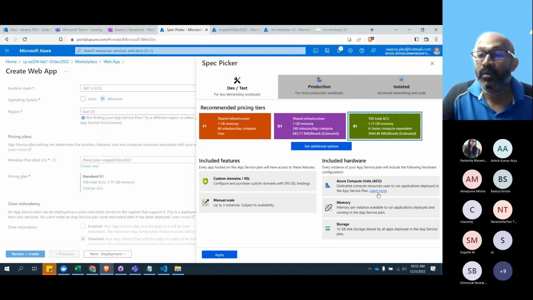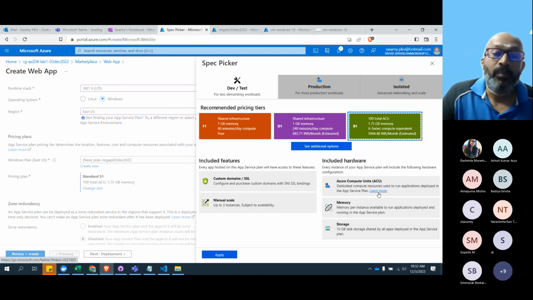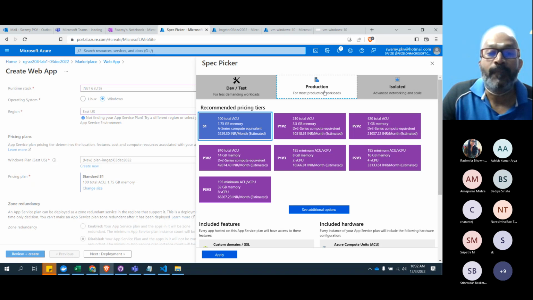Compute unit, in the app service plan, means this is the compute power you're going to get. You can manually scale to 3 instances, and you have custom domain and SSL. Let's come to production workloads.